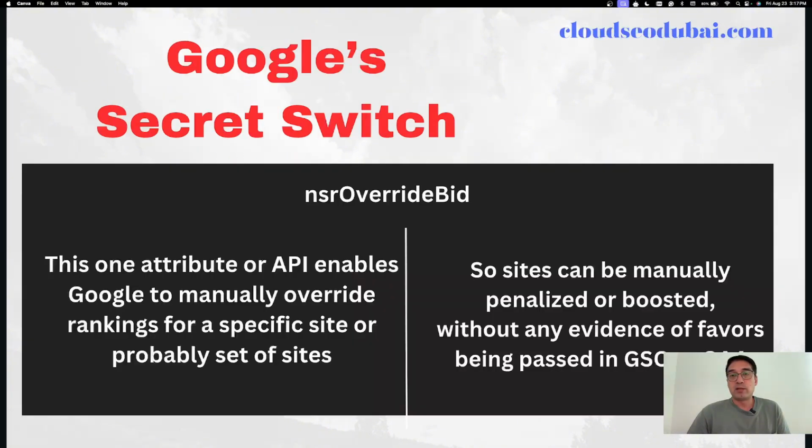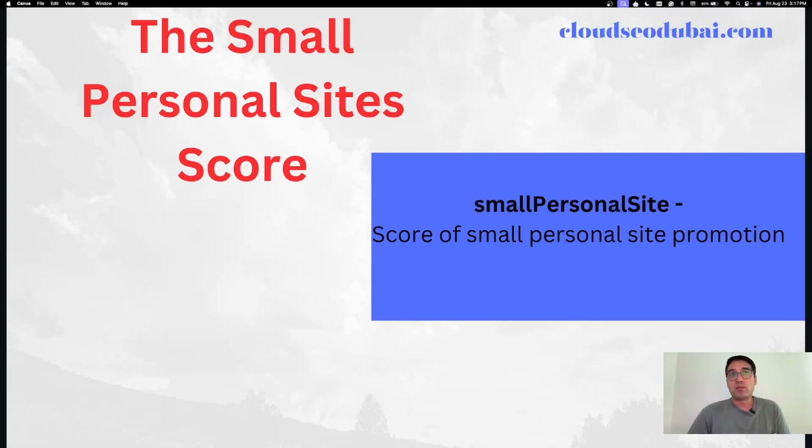Google's secret switch. Now, before we get to Google's secret switch, I just want to switch back to the small personal site score and talk about our results. So our results were, both sites ranked very well. So as soon as both those sites were published, we were on the first page for a low competition keyword that we were targeting. And then when we posted these two articles, the article that I've put a lot of effort into writing and researching, the one that had this line in the first paragraph, outranked the other one in more